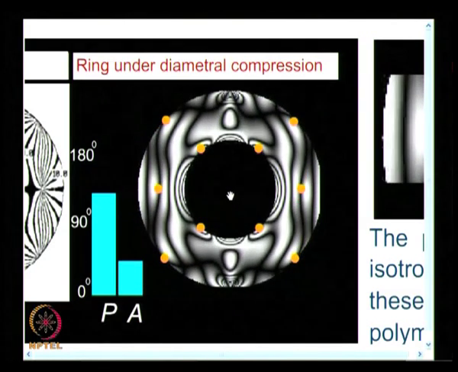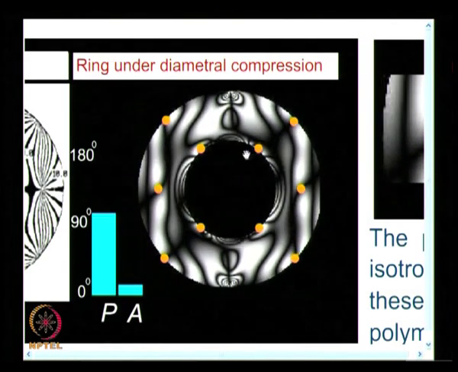So, if you want to find out the zeroth fringe order, take the cue that if all isoclinics pass through, that point is zeroth fringe order. Do not use this for zeroth fringe order. Do not look for more isoclinics to pass through in every zeroth fringe order. There are special situations. The special situations are what you see in a beam under bending and disc under diametrical compression. These are exceptions. You should not mix up an exception with a general rule. It is good that you asked that question. It is a very valid confusion that you can come across.